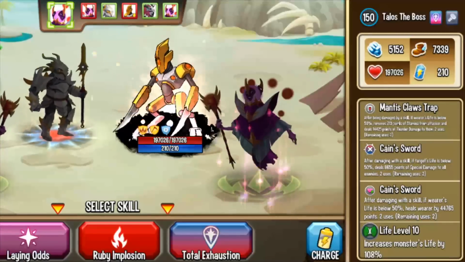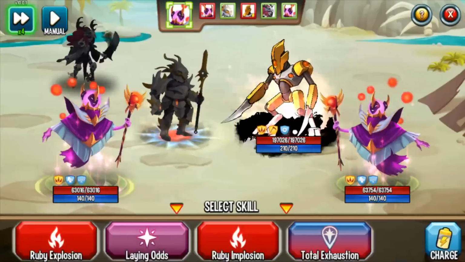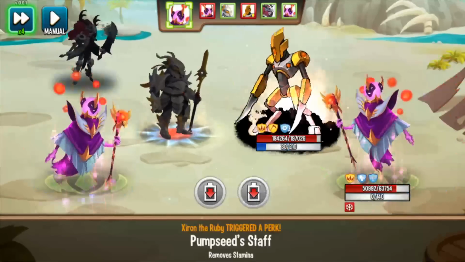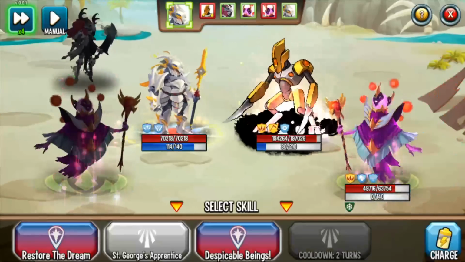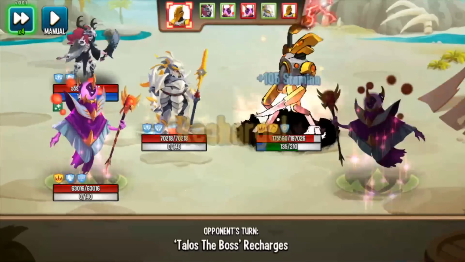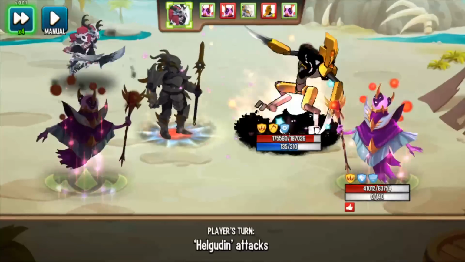I don't know what this is or anything, but I love this. Talos the boss. Alright, we are going to go with a Ruby Explosion and freeze lands successfully. We're going to go with a Despicable, of course. And the only bad thing about the team I have now is having no way of dealing additional, yeah, because